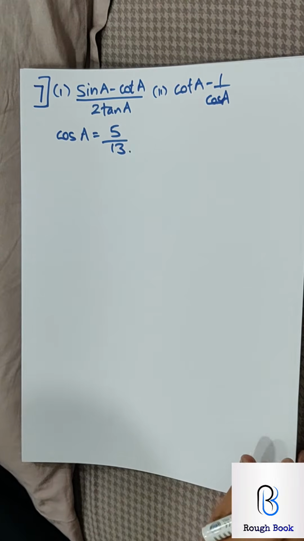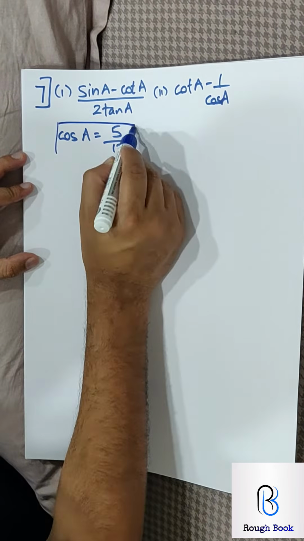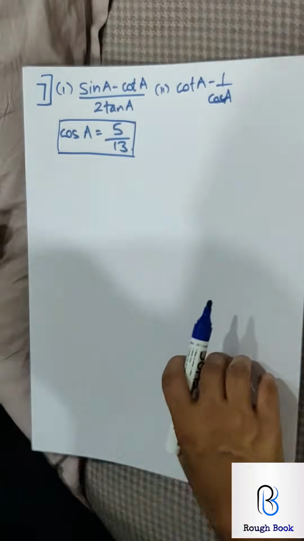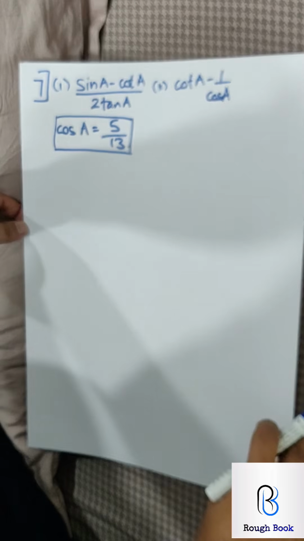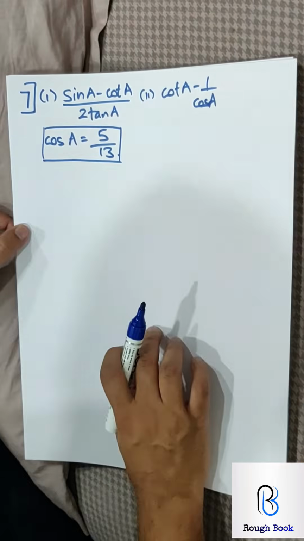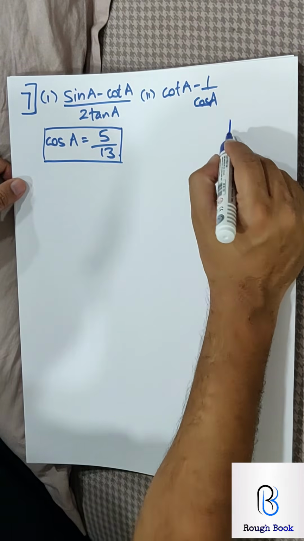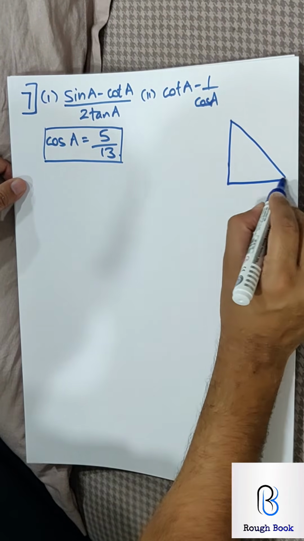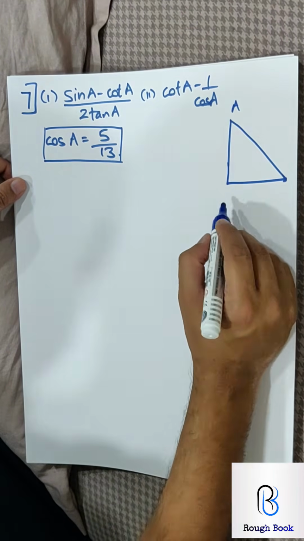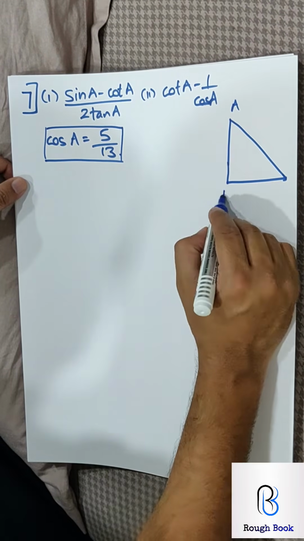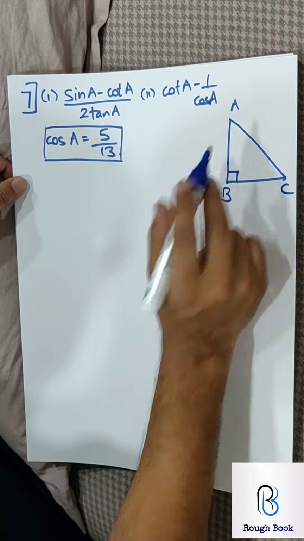So sum number 7, they have just given us this much. This is a classic sum because most of the sums now you will see like this. And even in this exam, we are expecting sums like this only. So let's see how we can go about it. They've not given any diagram either. So we'll create a diagram for ourselves. So I drew a diagram. Remember A is given. That means A is not 90 degrees. Put 90 degrees anywhere else but not at A.